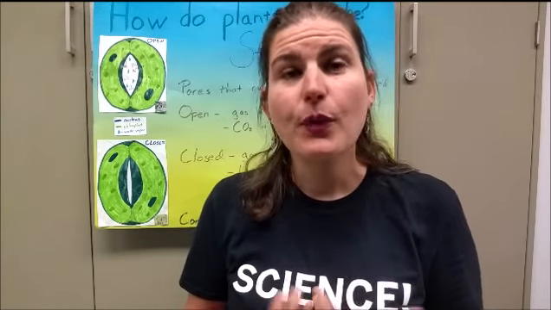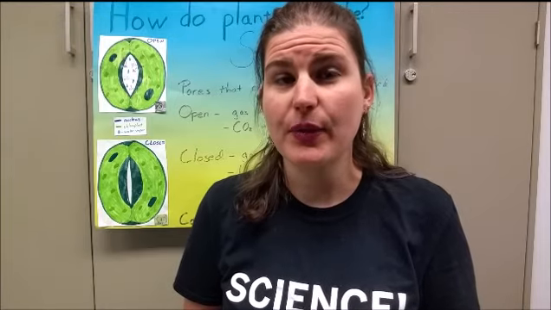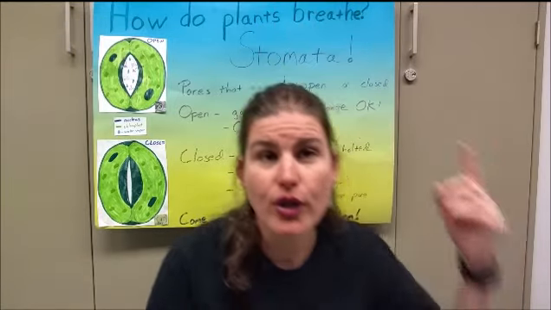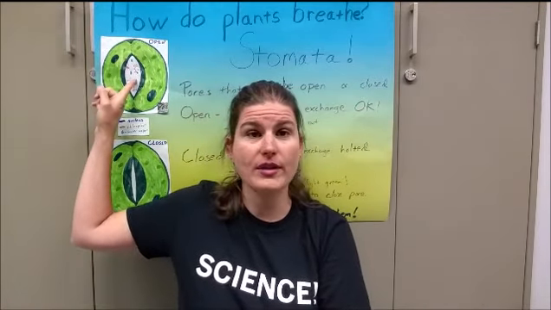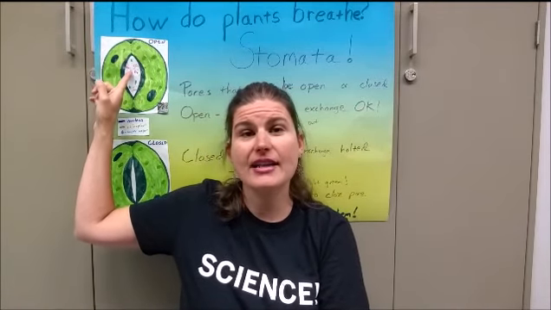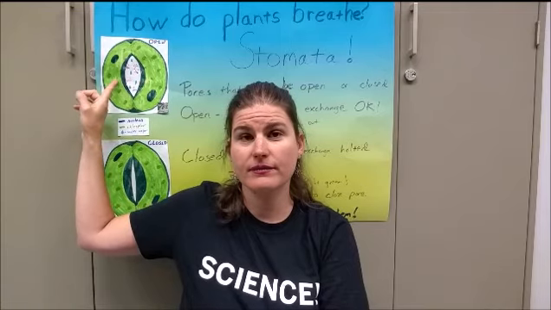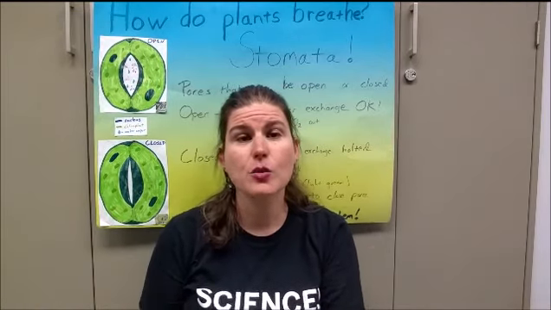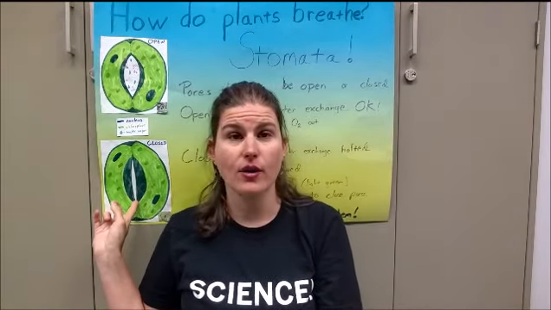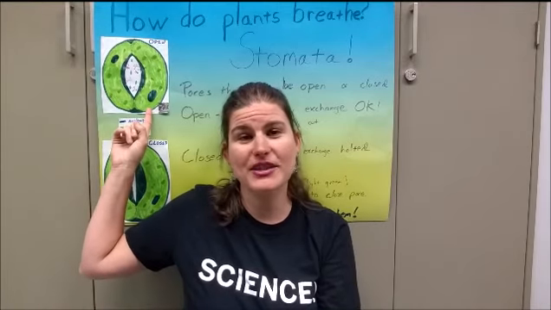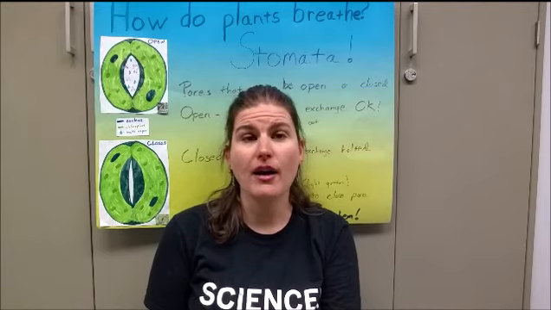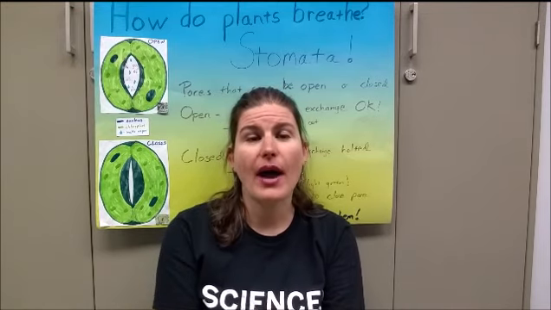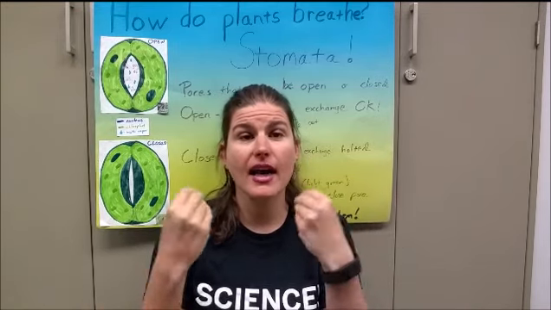We have lungs. What do plants have that allow them to breathe? They have a special structure called the stomata. All right, now the stomata is actually this hole, this pore, this opening right here. And it is flanked by two guard cells. And these cells can swell up, which causes the stomata to close, or they can be relaxed, which allows the stomata to be open. When the stomata are open, you have gas exchange, so carbon dioxide is brought into the